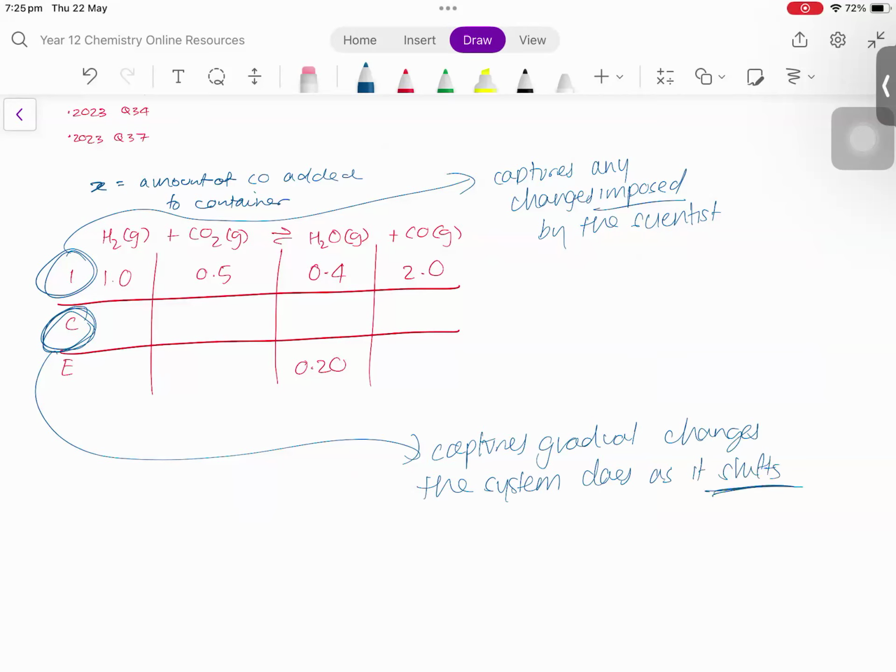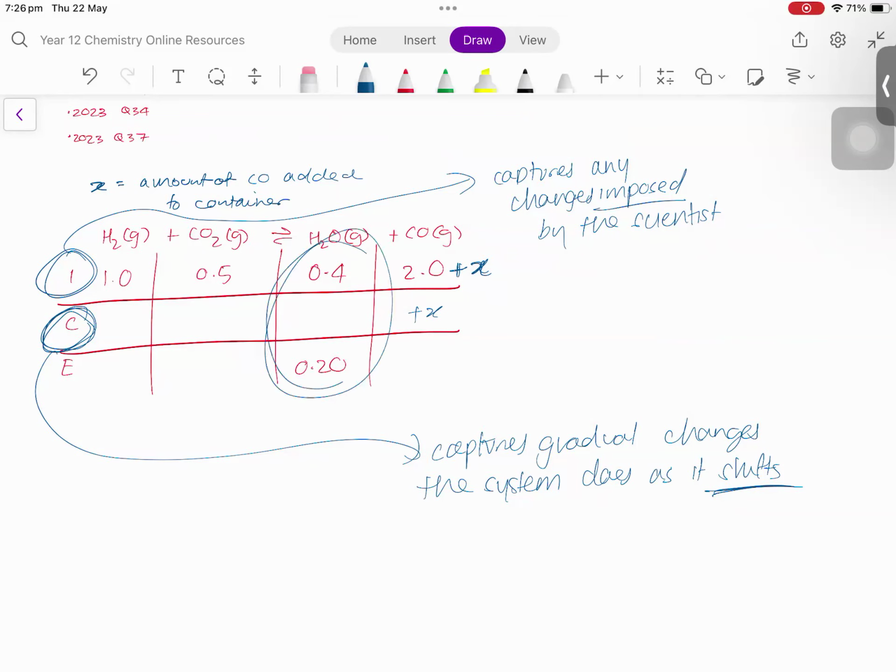Okay, so there's a difference between any change that we do and any change that the system does. Anything that we do still goes in I. That's the reason why you guys are correct. The amount of CO that you add to the container, that unknown X, goes here. It goes in the initial. What students usually think is they put it here, which doesn't make sense